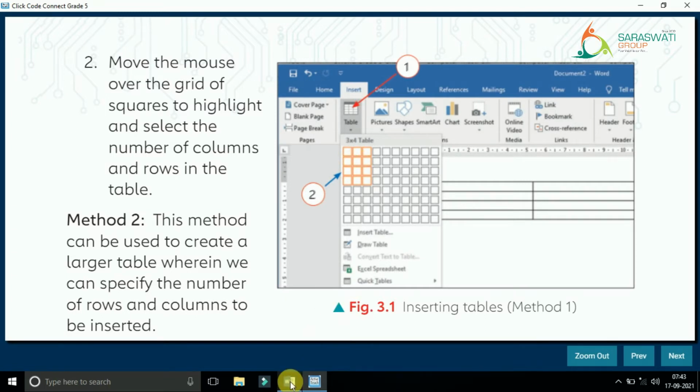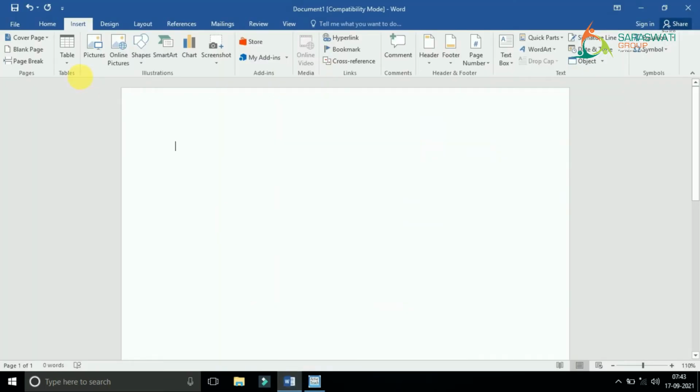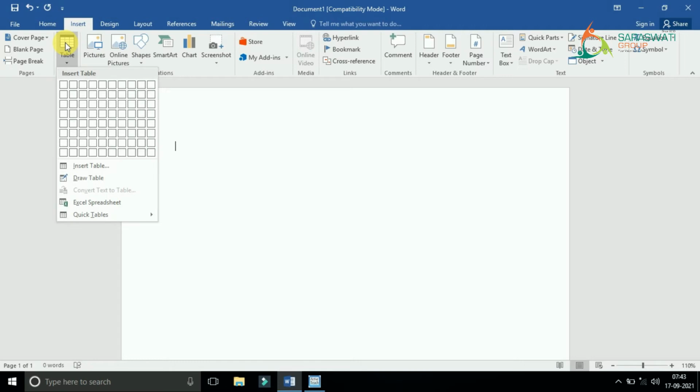So how can we do it practically? When you click on the table, this menu will open. When you start moving, you can see I have first placed my cursor on one box. As I increase the number of boxes, you will see more boxes appear.